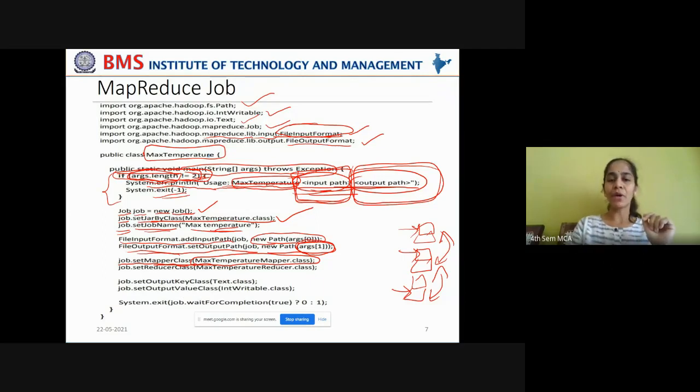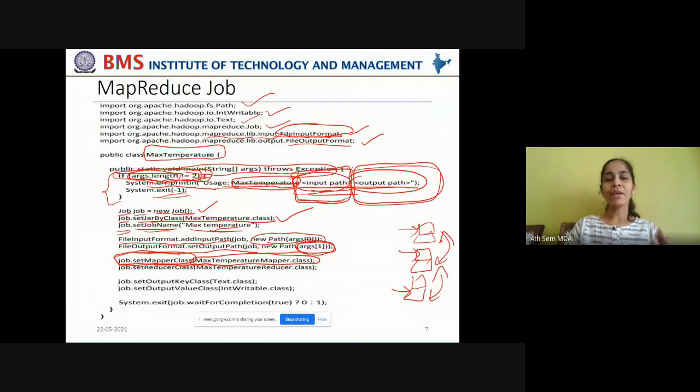So that dot class file you're taking and adding to the job object by using setMapperClass. You are using the setMapperClass method in order to set this class to the job object.